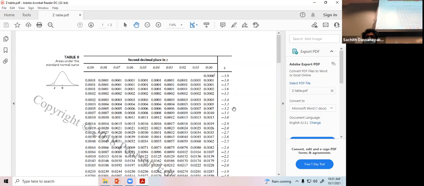Once you find these negative C values, don't worry about the negative sign. So simply, let's say I need to find negative 3.01. I told you this is negative 3.0 plus 0.01. This is negative, this is positive. Don't worry about the sign, okay? It is not just calculation, you just have to find the value. Once you figure it out, these are negative C values, forget about the negative sign.